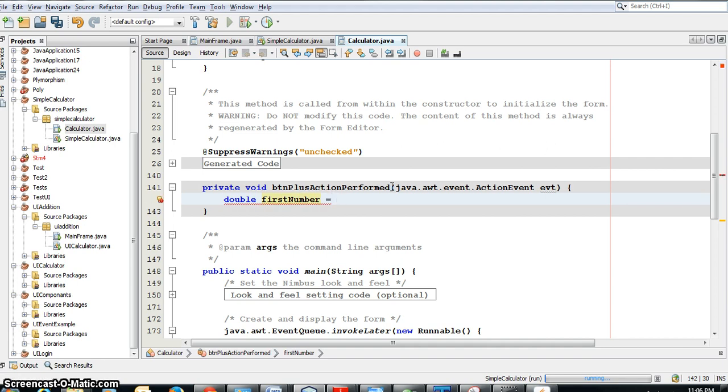Okay, so I want to assign the value of the first number text field to this first number. Could you please remind me the name of the variable of the first text field? It starts with txt, doesn't it? txtFirstNumber. Okay, so this is the variable name that we gave in the second session for the first number text field. txtFirstNumber dot